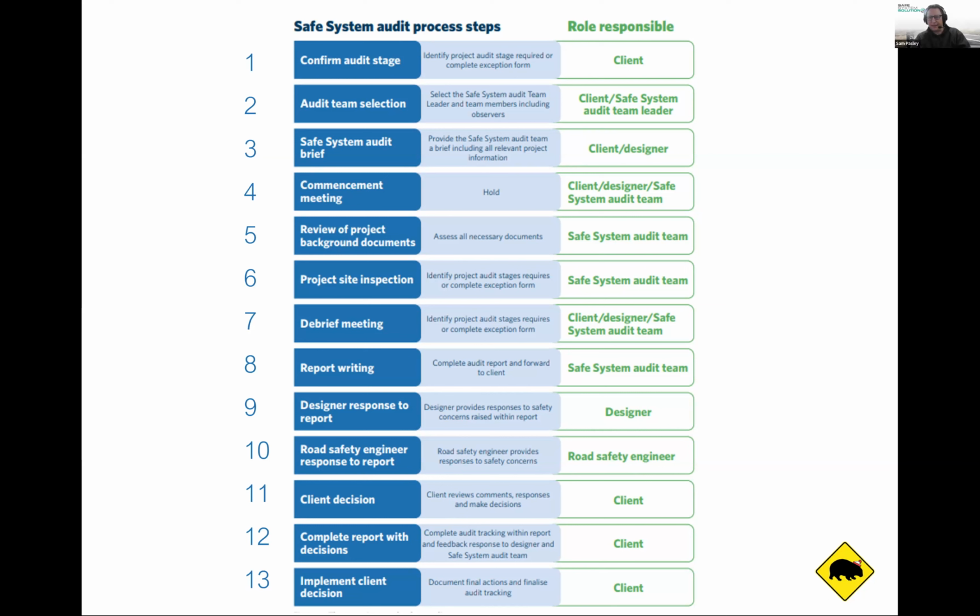Very good. And Matt's asked, who is responsible for filling out the action taken? Oh, sorry, we'll get to that, Matt, at the end. Right. Audit team selection. Yep, I keep trundling on, yeah? Yeah, keep going. We've got 13 to get through. We've got to move through them. I'll start moving quicker, sorry.